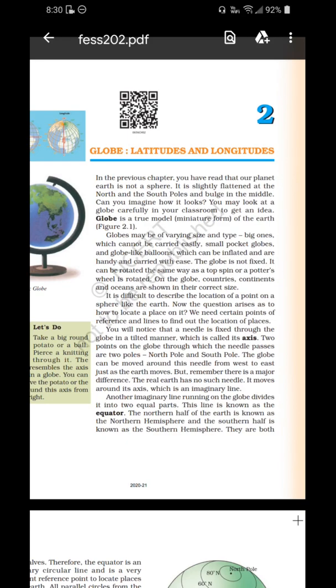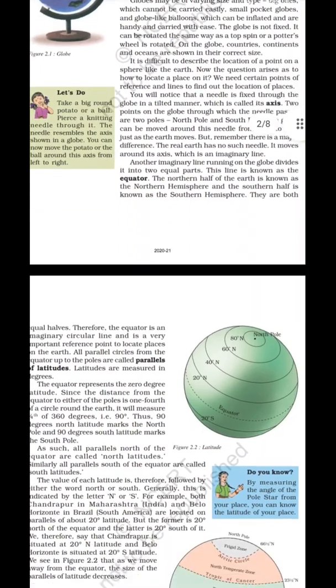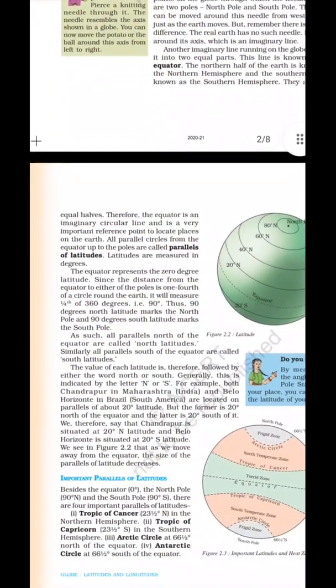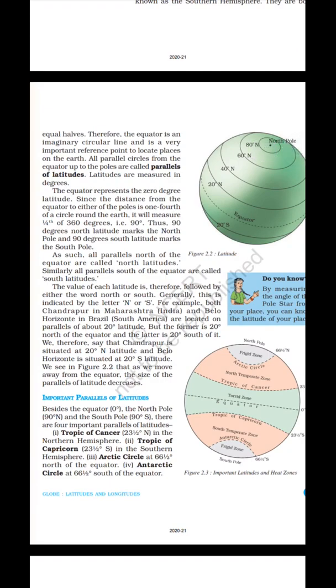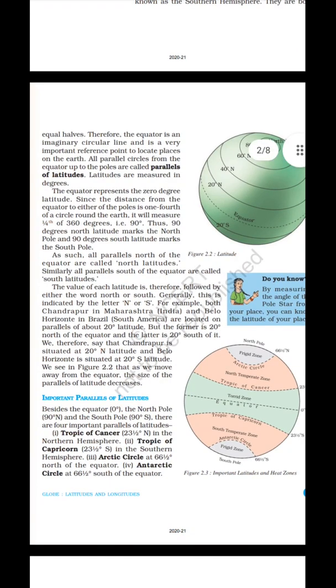Another imaginary line running around the globe divides it into two equal parts. This line is known as the equator. The northern half of the earth is known as the northern hemisphere and the southern half is known as the southern hemisphere. They are both equal halves. Therefore, the equator is an imaginary circular line and it is a very important reference point to locate places